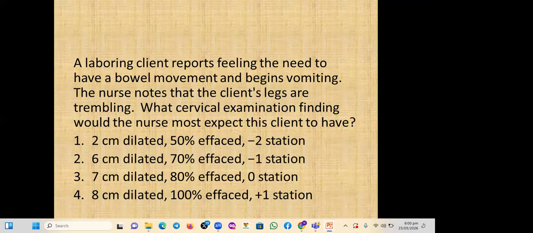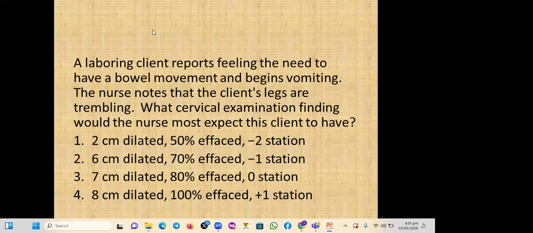We have one, 2 cm dilated, 50% effaced, -2 station. We have 2, 6 cm dilated, 70% effaced, -1 station. 3, 7 cm dilated, 80% effaced, and 0 station. And then 8 cm dilated, 100% effaced,